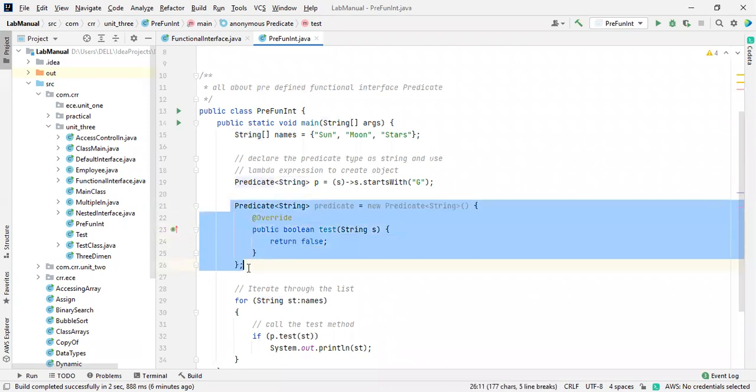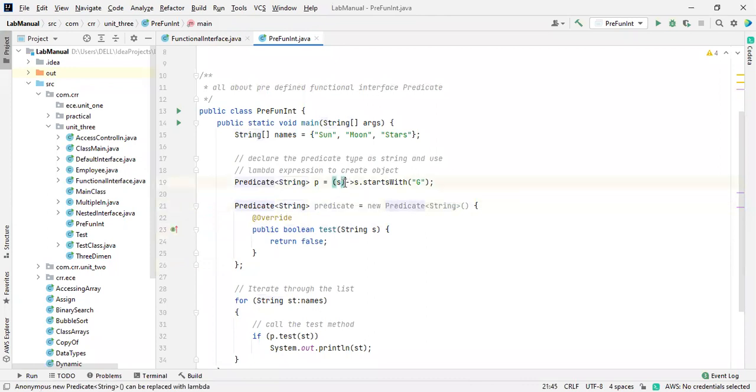So what we did, we just simplified it into the lambda. We'll call it a lambda. In functional interfaces, the predicate consists of this type of context, according to our usage point of view, so we have to use that. Here I'm checking whether any value starts with S. So in that sense, what we need to do, this is the value.